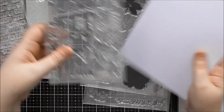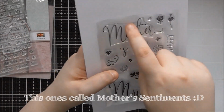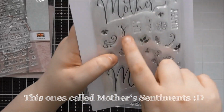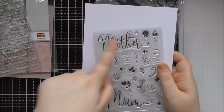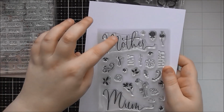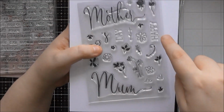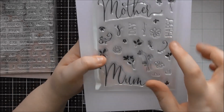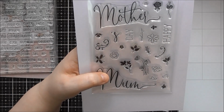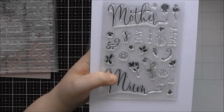And then this one is the other one that's kind of Mother's Day themed, and you've got a big scripty mother, and then you also have apostrophe S. So depending on whether you're going to combine it with some of these words or just do a Happy Mother's Day card, you can add the apostrophe S. On the card I did Happy Mother's and then Day. And you've also got Mum as well. Then, you could make that Mum's if you wanted to, like Mum's Garden or Mum's Craft Room, you know,